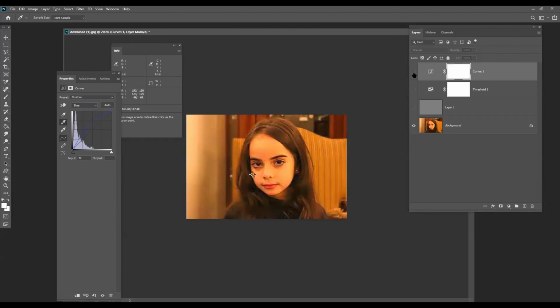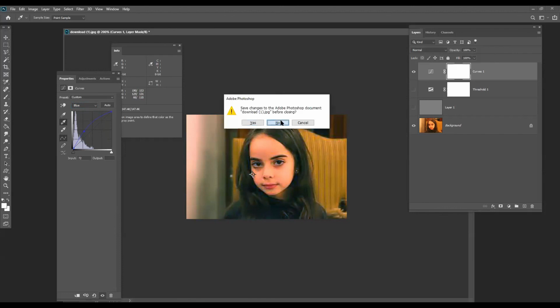So can you see the difference now? So this is how we do the basic color casting removal.